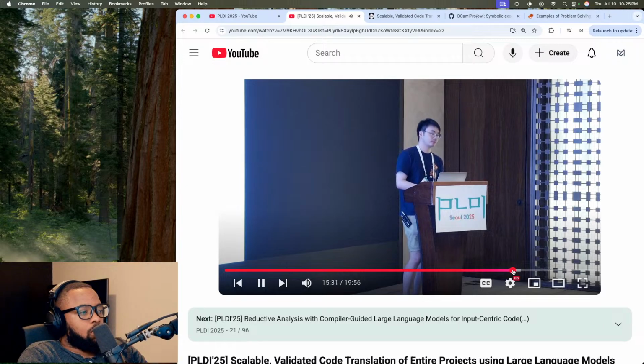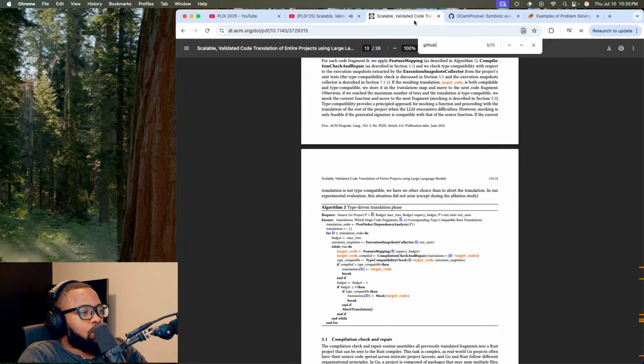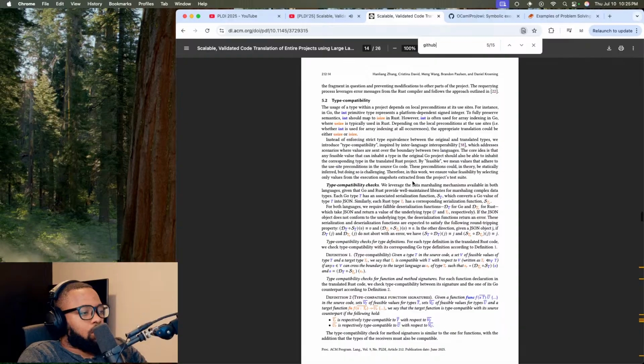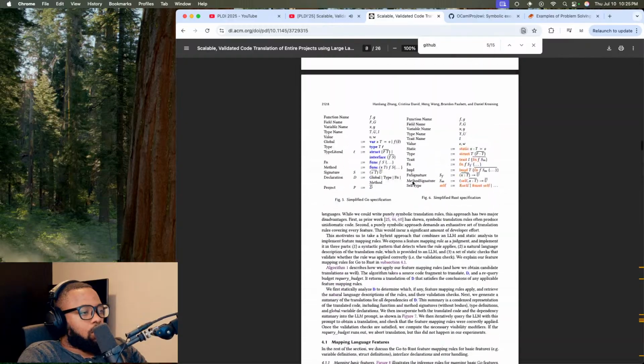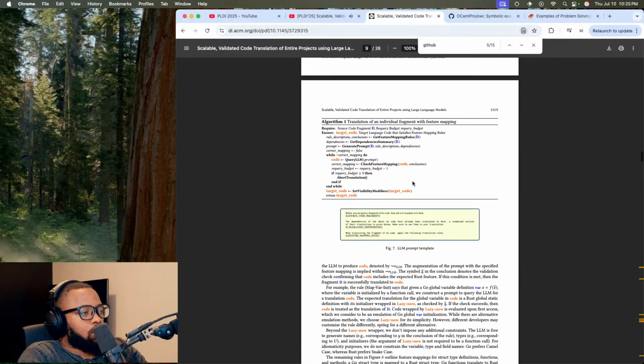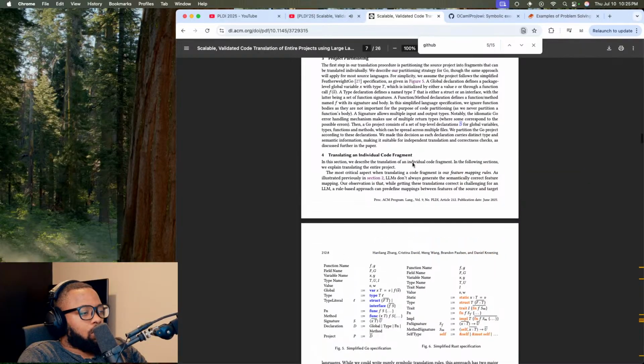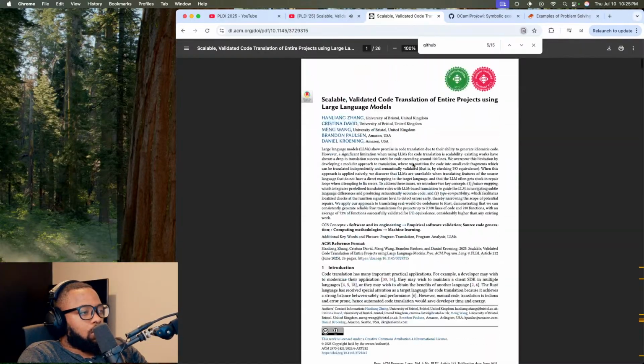Question: how are you handling concurrency in transforming Go to Rust code, both shared memory and message passing? Thanks, that's a good question. We don't handle concurrency at this moment because that's a really hard feature. We believe that if there's a chance of defining high-level translation, saying specific concurrency primitives can translate into corresponding Rust primitives or combinations of Rust primitives, then we might be able to do translation. But for now, we don't consider concurrency.